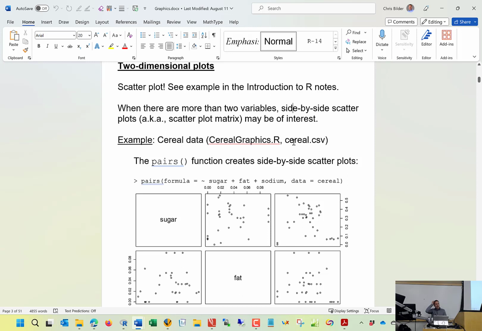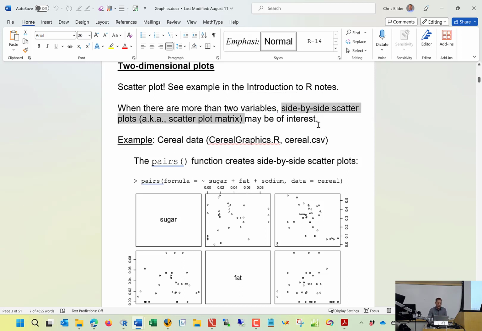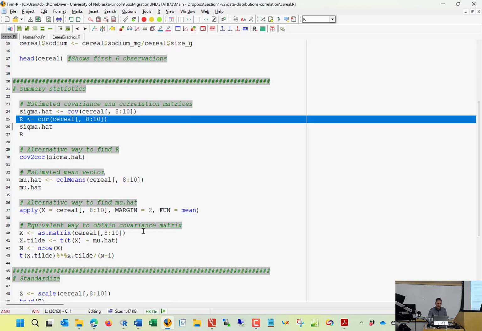Okay, so we need to start somewhere in the graphics section, and we need to start with a scatter plot. We know how to do that, and we can simply use the plot function. But let's say that we have more than 2 variables. What we could do is scatter plots for each pairwise combination of variables. You may or may not have seen these before. When you do all possible pairwise combinations of these plots, it's called a side-by-side scatter plot or a scatter plot matrix. So if I go into the cereal data itself,